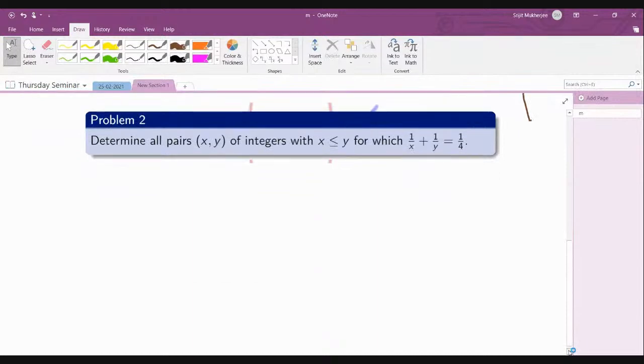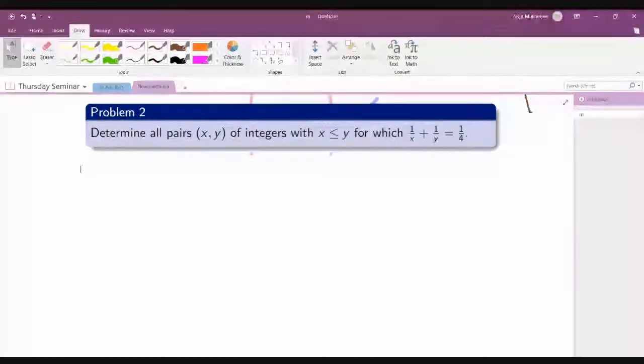So, determine all pairs of integers x, y, x less than or equal to y, such that 1/x + 1/y